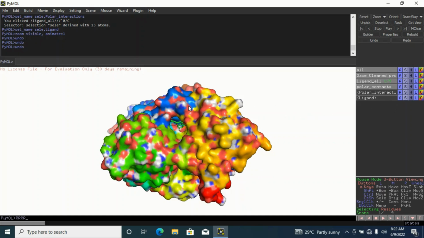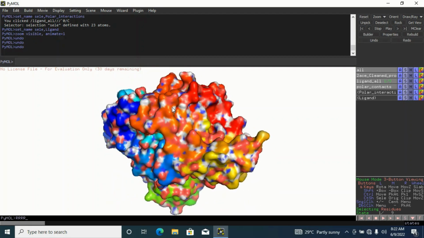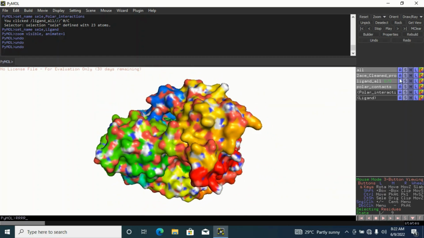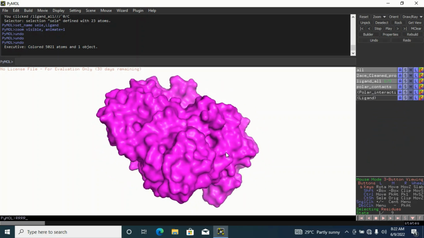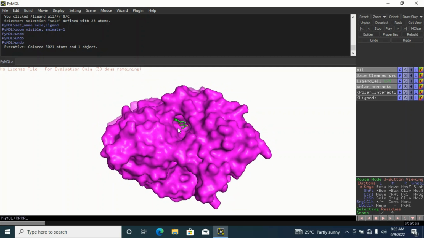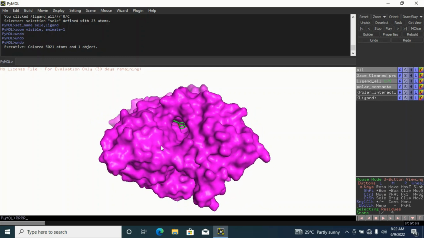This is the entire protein. As you can see, by default, this software will color the different chains of this particular protein with different colors. That's what you're seeing. But I can simply change this to a particular color. This is the protein. I'll go to the line and go to color, which is C, and I'll change it to, I like magenta. Let me change it to magenta. This is what I have now. You can now see the ligand in there. That's the ligand or the substrate of this particular protein. You can see how it's located inside the active site of this particular protein. How do I now define these polar regions? I'll simply go to my